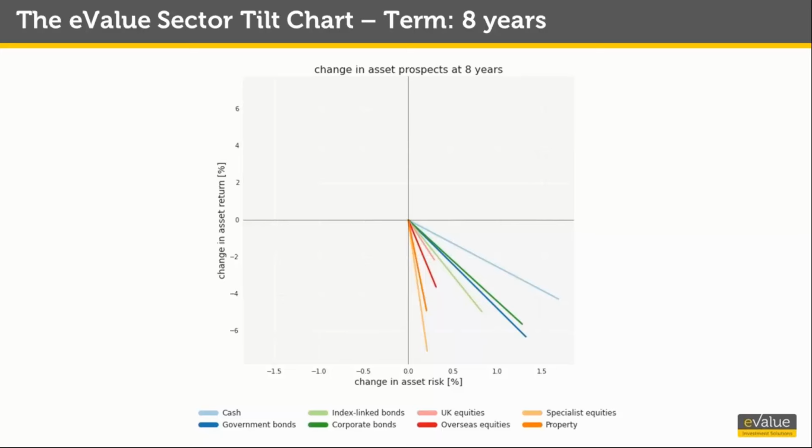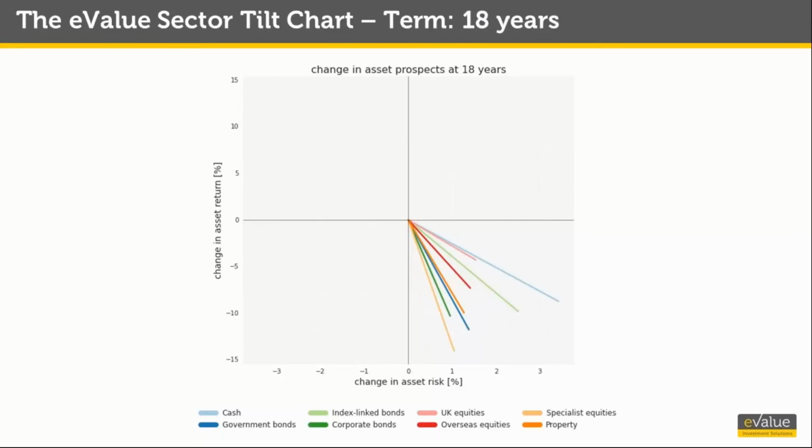At the relatively short time horizon, in this case 8 years, all asset returns movements are in the bottom right quadrant with respect to what they were at the end of March, showing an increase in risk at the cost of a greater decrease in return over the quarter. Cash and fixed income are more well off than equities, and property has taken quite a hit over the quarter. If we look at the slightly longer term, for 18 years in this case, the situation is very much the same. Assets have increased in risk but decreased in return.